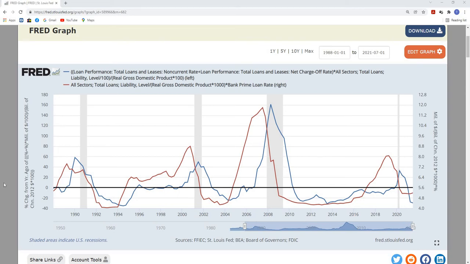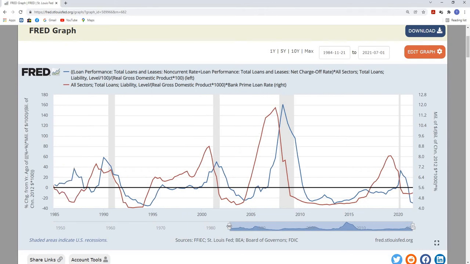In this video, I'm going to go over and revisit the debt default model that I have created to predict economic recessions ever since we've come off the gold standard. So the thinking here is that once debt reaches a current level against GDP and factoring in the cost of interest rates, it becomes too much for the economy to handle, and essentially we start going into defaults on debt,